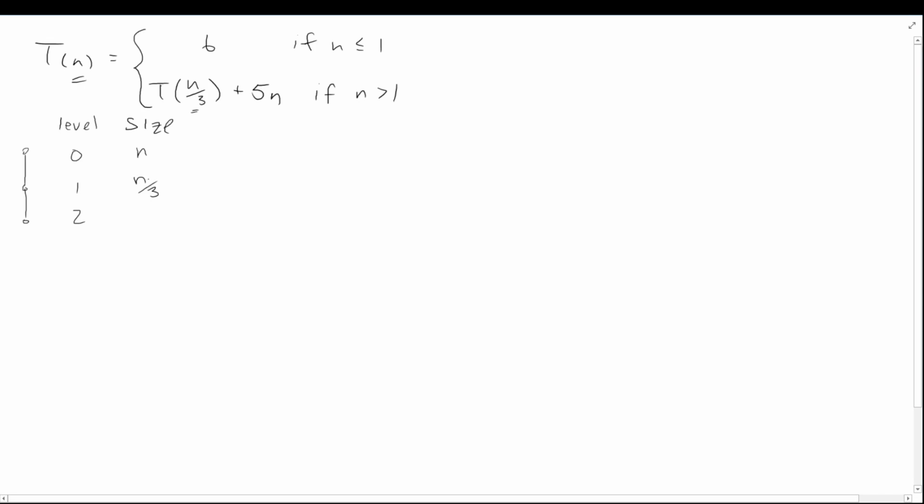In this case, we had n over 3, so if we want to, and I'm actually going to jump into trying to identify a pattern here, we're actually going to get n over 3 squared here. And again, if you're following, you can see maybe why starting at 0 was strategic here. Okay, so these are the sizes. I haven't got all the way down, but we're trying to get these identified. I'll usually go 2 levels down like this, and maybe more if I need to, but this one I think